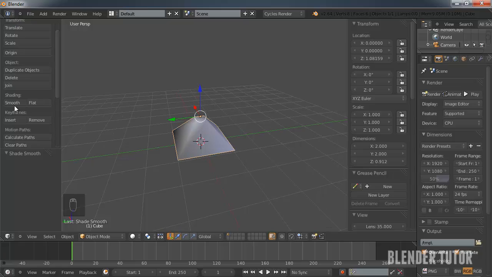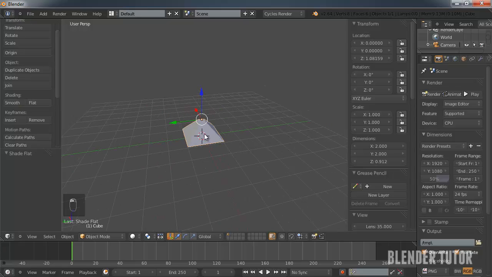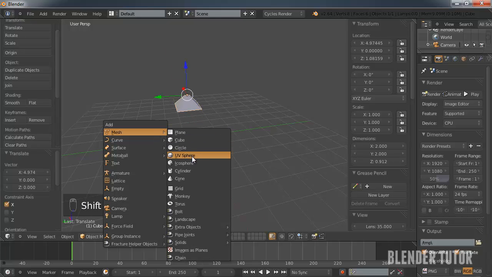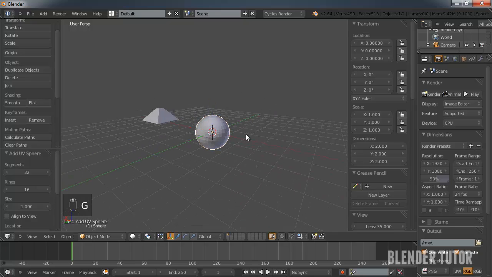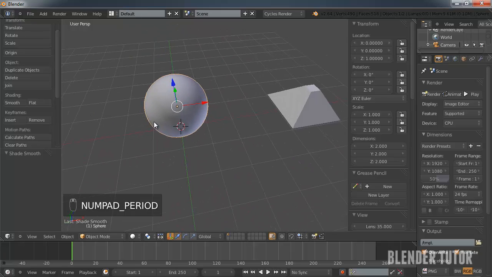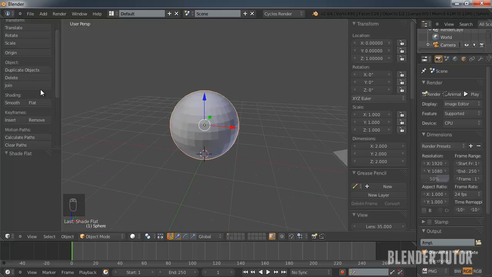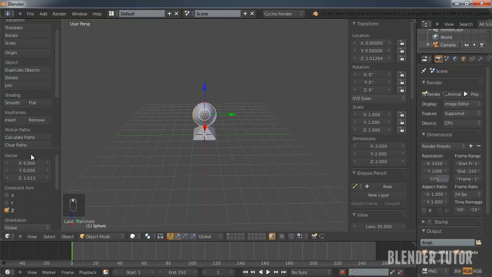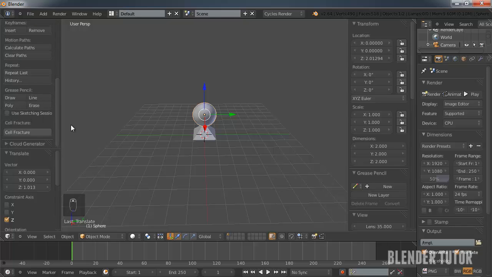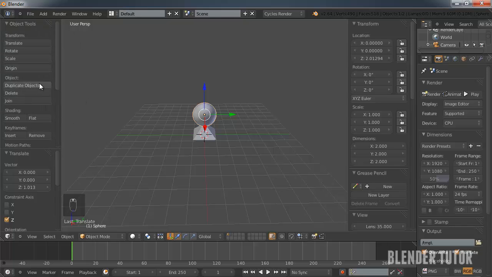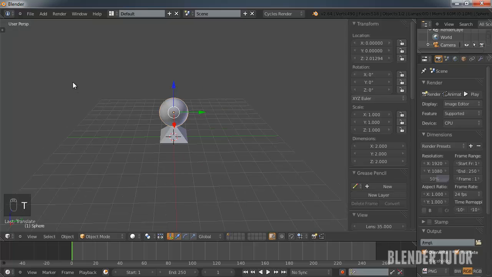You wouldn't use that on something as harsh as this object, but let's say I had a sphere, so I go UV sphere, move that up, and if I turn on smooth shading now I have a pretty round ball that looks a lot better than this harsh jagged ball that's created by default. Aside from that, we have a whole bunch of other tools that we'll get into later. I just wanted you to be aware that this toolbar is there and you can get rid of it if you need to. And then on this right side, once again, you're going to have some transform options.